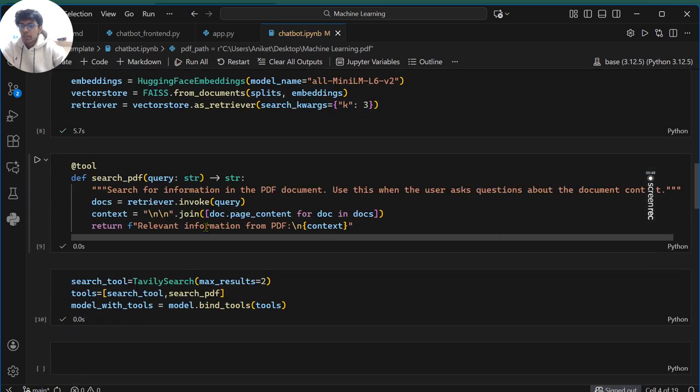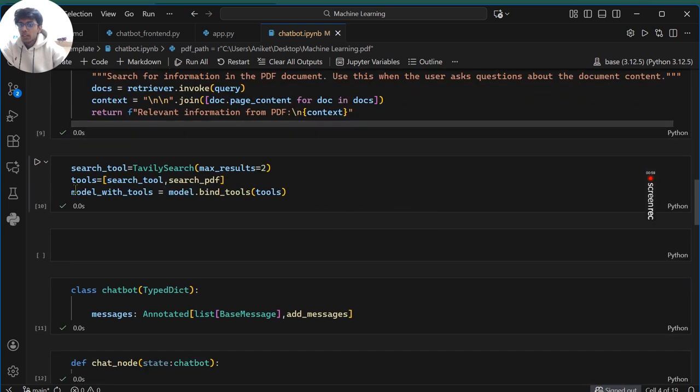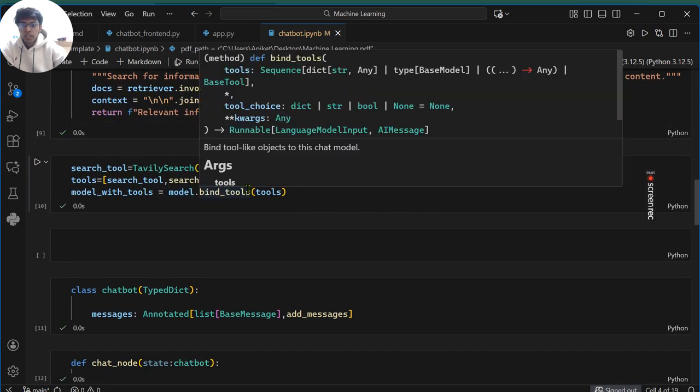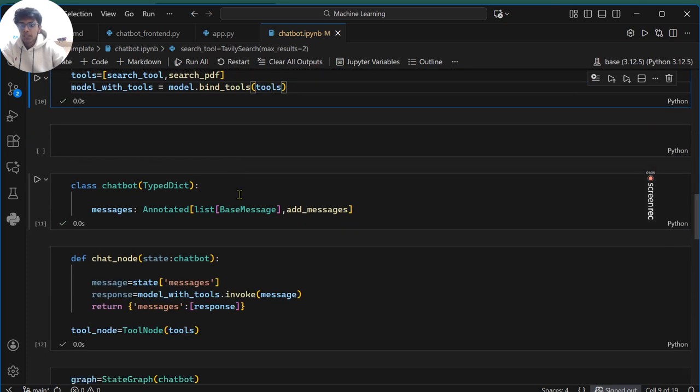This is where I define my search PDF tool, and this is my web search tool. I've used the Tavily search for this. My Tavily API key is in the environment variable. And this is my model with tools, model.bind_tools. Tools is a list of tools which I have given it. This is my state,